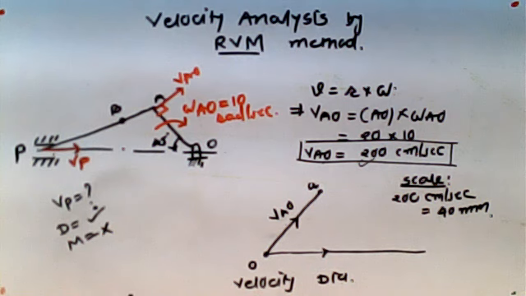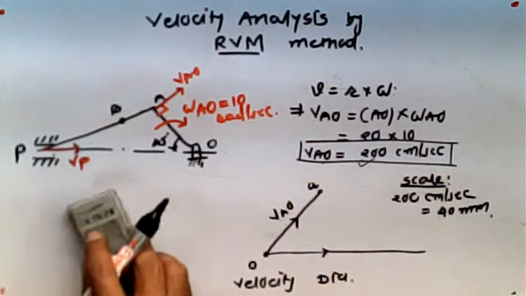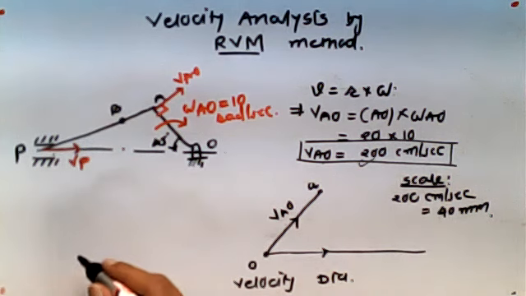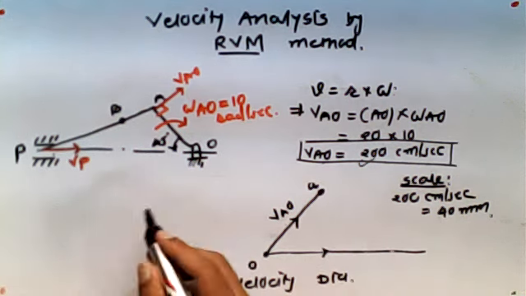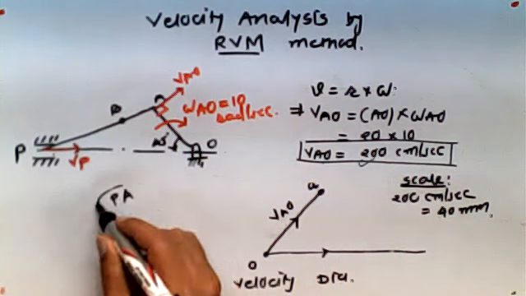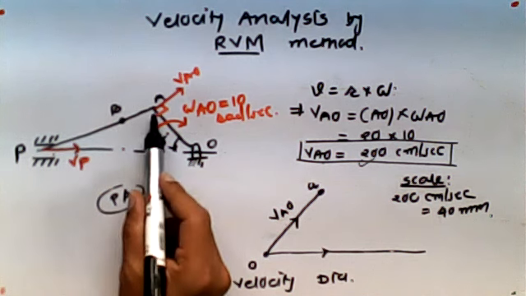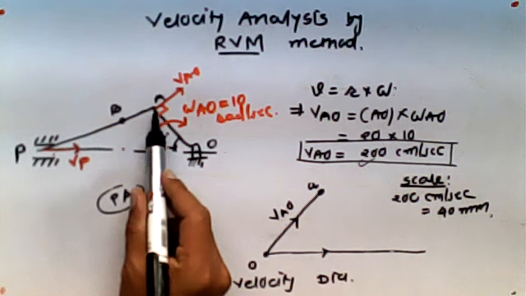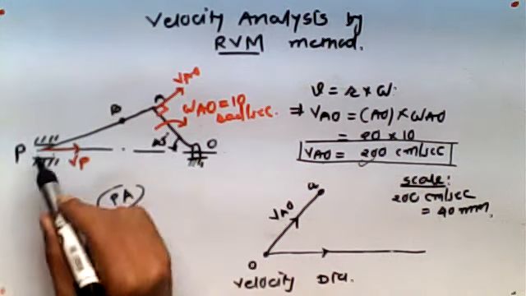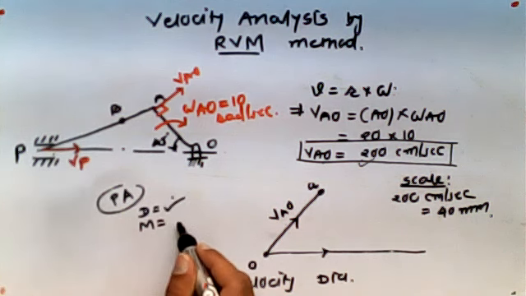So no worries. Now let's get back to this link. The next thing is link PA, correct? So here the A point is located, correct? This A point is located. So for the link PA, again we know that the velocity of this particular point P with respect to A, you can draw at 90 degrees to this line joining A and P. So the direction you know, but again the magnitude you don't know.